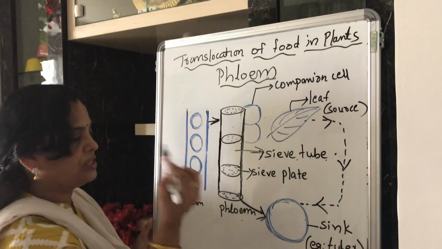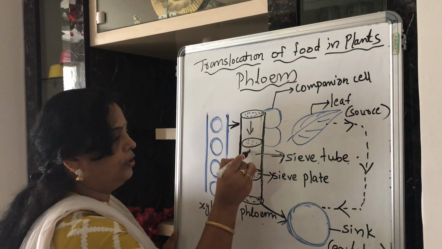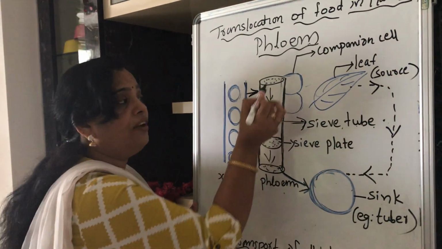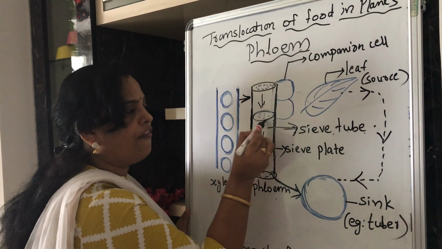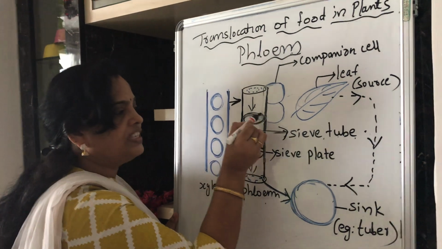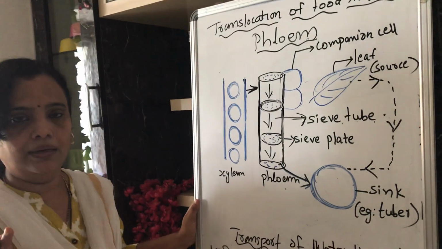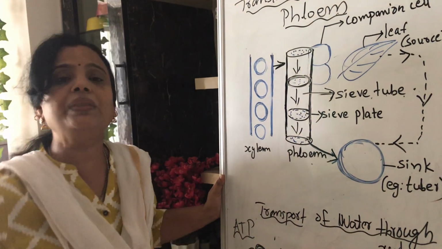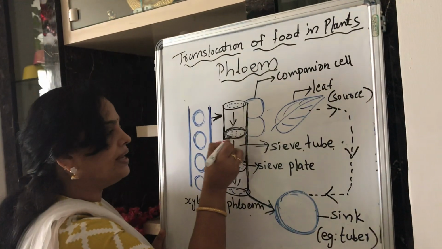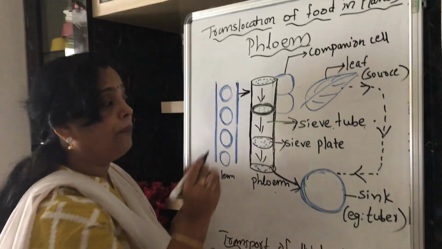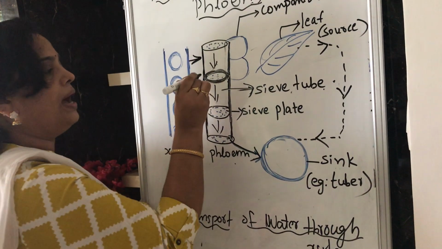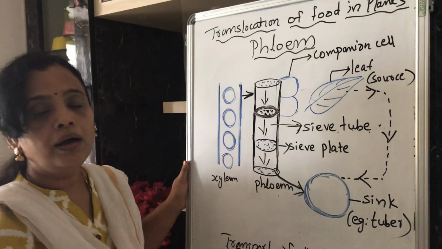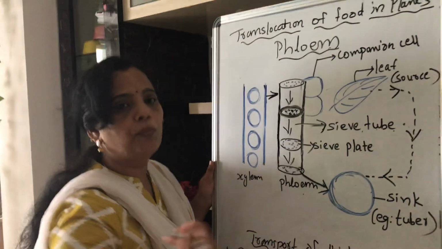Now you see the sieve tubes, children. This is one cell of the sieve tube. This is another cell of the tube from here to here. So in between one cell and another cell, you can find a disc-like structure which is called sieve plate. One cell of the sieve tube is separated from another cell through a plate-like structure called sieve plate. And this sieve plate will have pores on it, holes, perforations, so that the material can move easily.